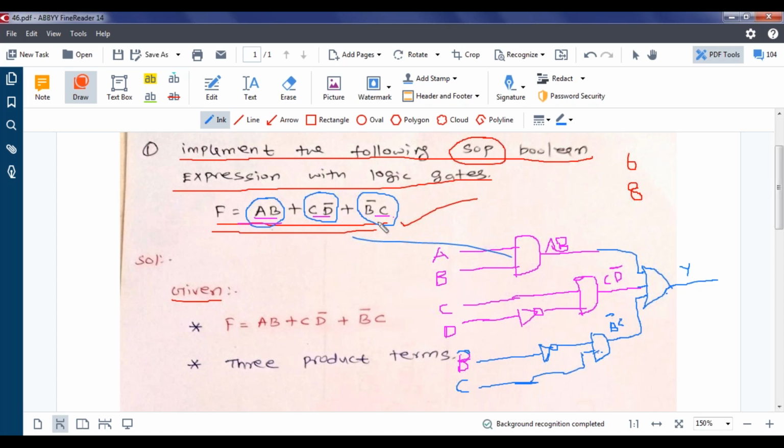Next one, the B value has to be given to the NOT gate because we want to convert it into B bar. So B value in the NOT gate, you can convert B as B bar. Next, the C value you can directly give to the AND gate. So you will be getting B bar C. So finally you want to give these three individual product terms to the OR gate. So finally you will be getting capital Y, I mean, sorry, F. So F is your output. This is your final result.